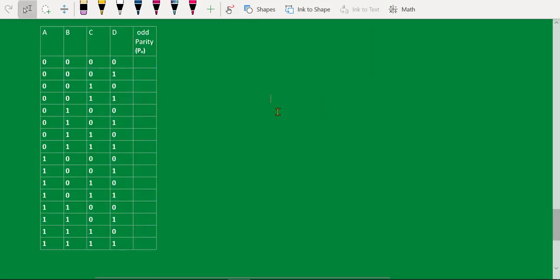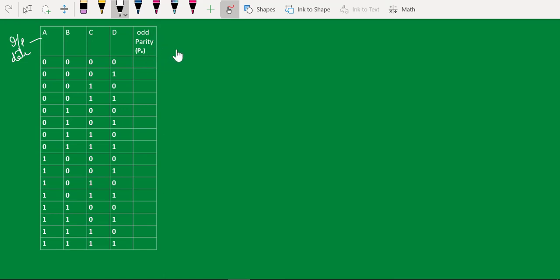Now I have considered the truth table. These are my inputs, the input data, and this is the odd parity bit which I am supposed to generate depending upon the number of ones available in the data bits. If you look at here, all zeros means you have to keep odd parity 1, because to make the total number of ones as 1, I have to keep 1 here, since the total number of ones should be odd. And this already has an odd number of ones, so I keep 0. This also has an odd number of ones, so 0. Even number of ones, so I keep 1. Odd number of ones already there, 0. Even number of ones, keep 1.